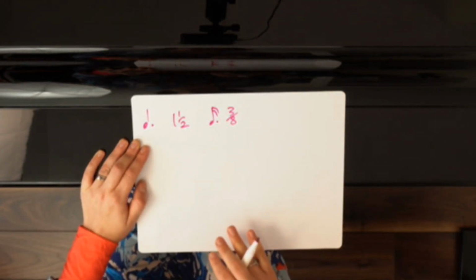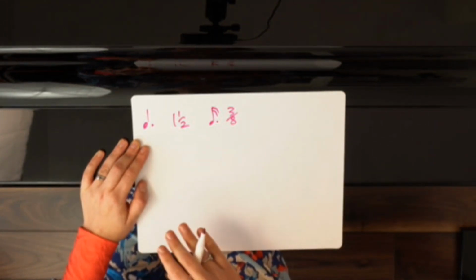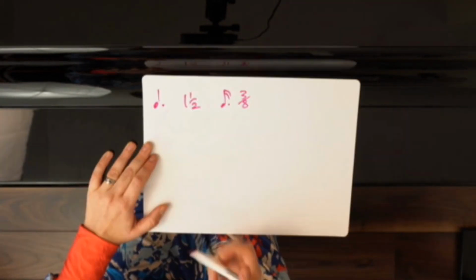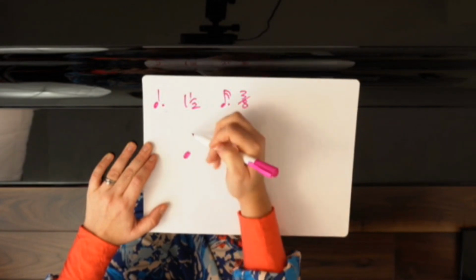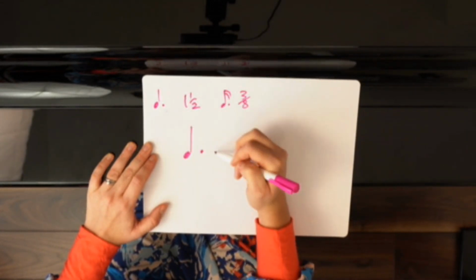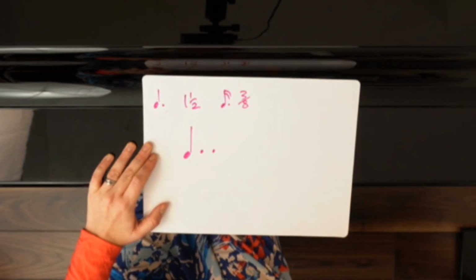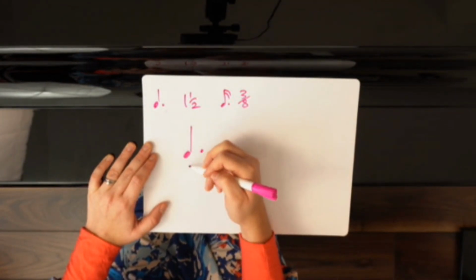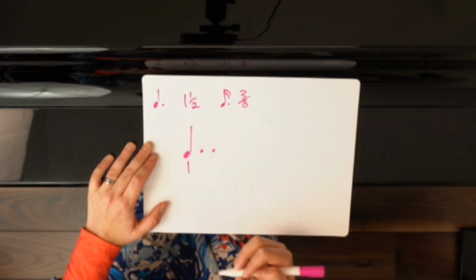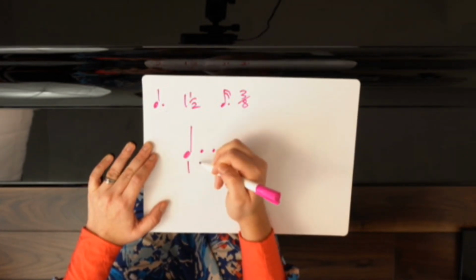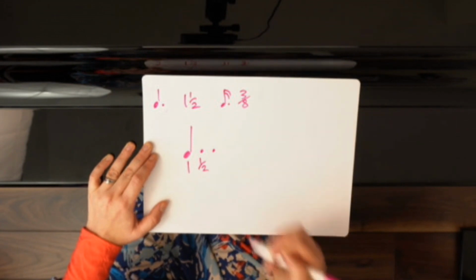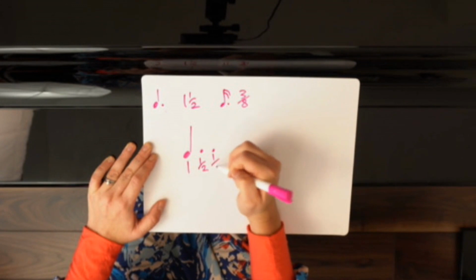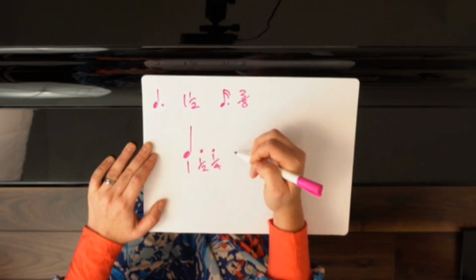Now, there is such a thing as a double dot. It doesn't come up that often, but when it does, you need to know what it means. So if we go back to our crotchet or quarter note and add 2 dots, I'm spacing them out to give us room to think, we need to add up the equation. So the note on its own is 1. The first dot is half of 1, which is a half. And the second dot is half of the dot, so that's a quarter. So that makes this note 1